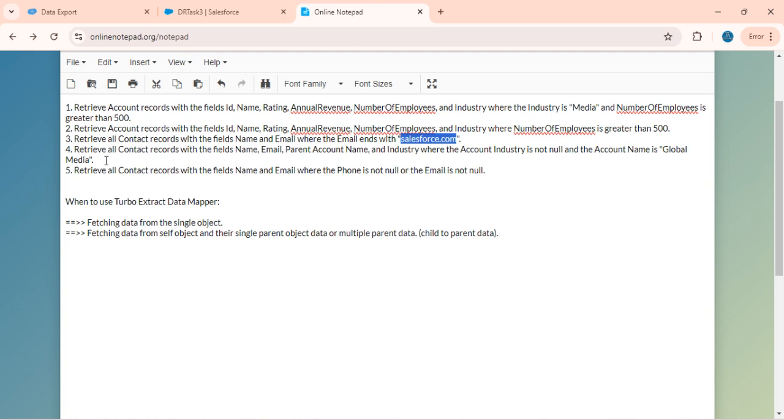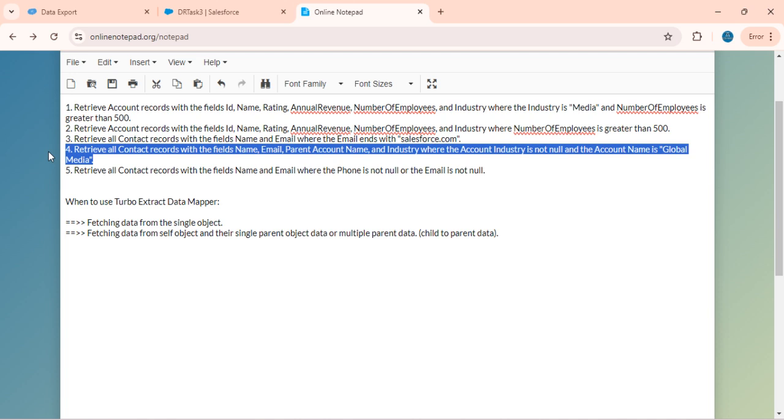Now we'll go to the fourth requirement. Retrieve all contact records with the fields name, email, parent account name, and industry, where account industry is not null and the account name is Global Media. See here we are fetching the,